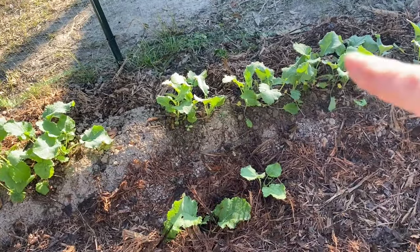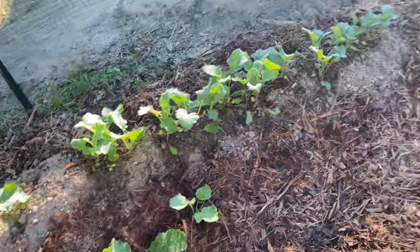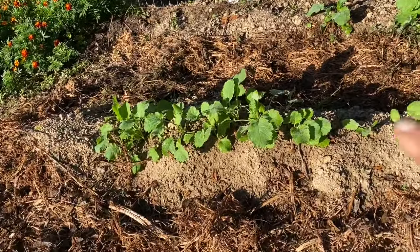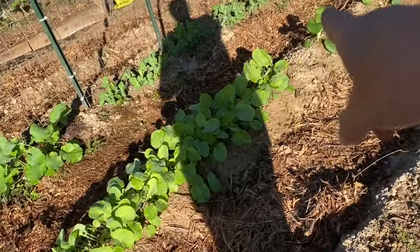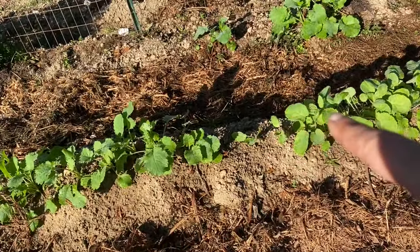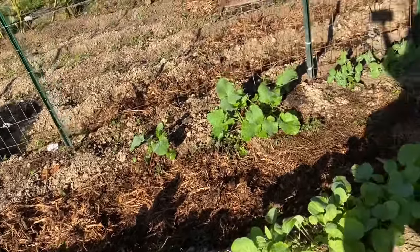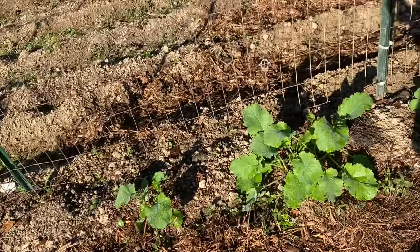These are mustards, but I'll walk back and look at my notebook and tell you. I couldn't hold my notebook and point at the same time, so it's over on the swing. These are, I believe, rutabagas, and I did not go thin them out, so I may need to do that. I think I potentially mislabeled some stuff, so I was just trying to let things grow a little more so I could see,